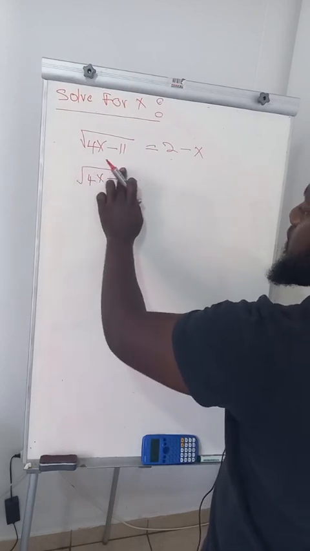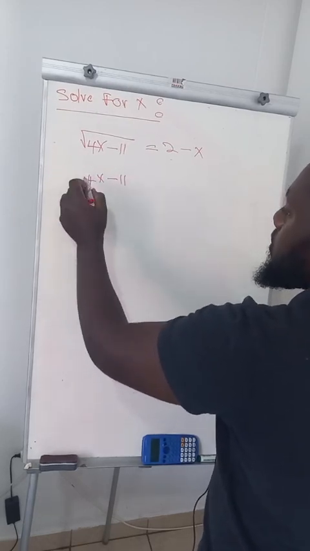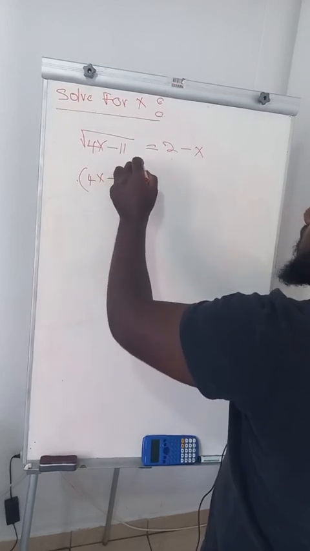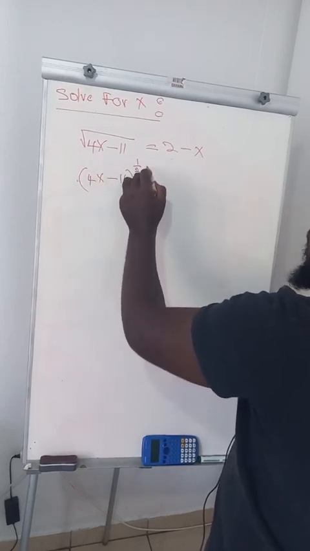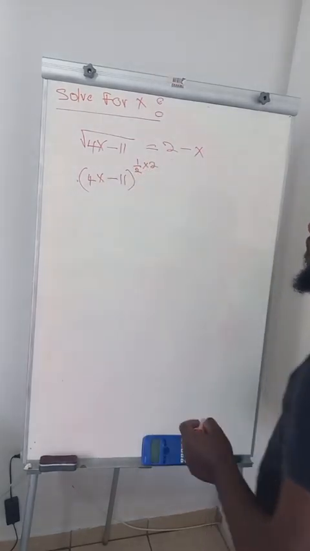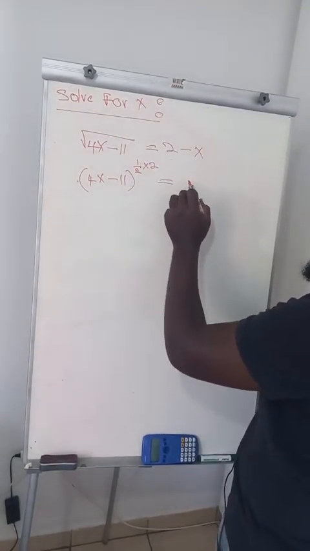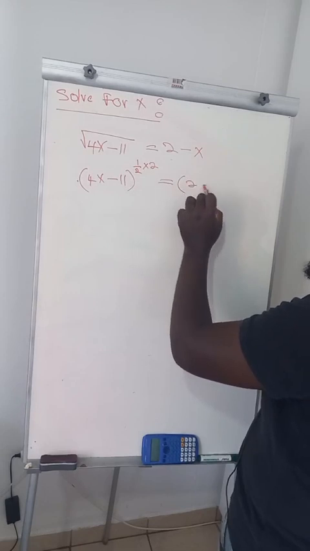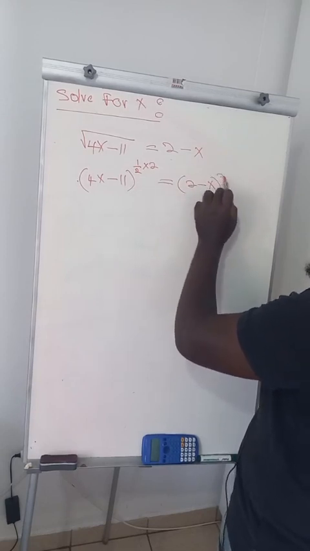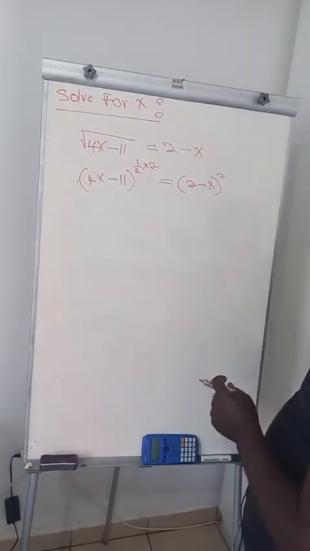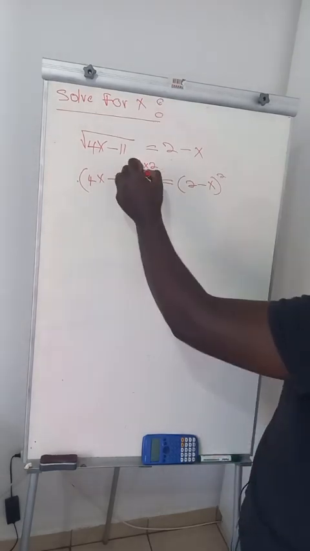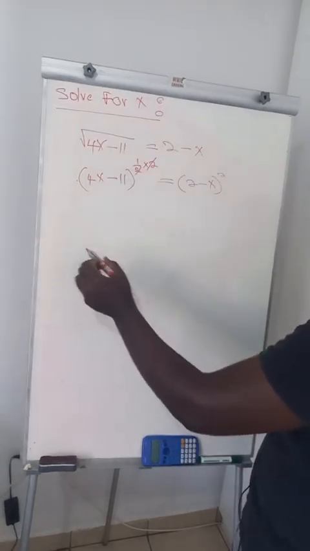Or let me rewrite it in a proper way. This is just 1 over 2. Now you will multiply it with a 2. Same applies to the right hand side. You'll say, open bracket, this is 2 minus x, and then to the power of 2. So once you have something like this, you'll cancel this and cancel that, and then you'll be